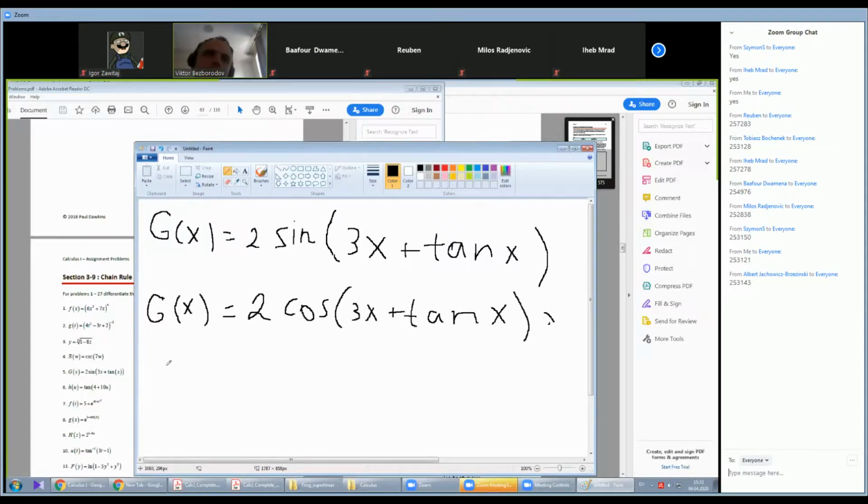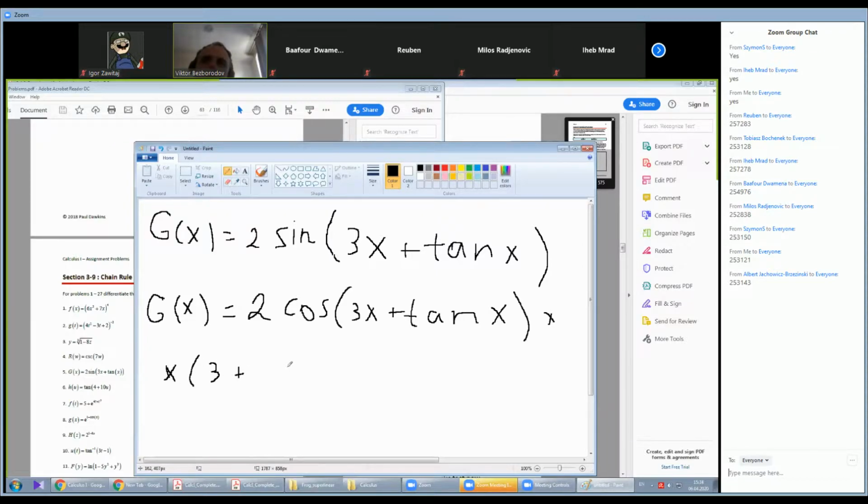And this already represents the first multiplier. So this is the derivative of the outer function applied to the inner function, right? So sine is the outer function, this expression in the parentheses is the inner function, and so you take the derivative of the outer function and apply it to the inner function. Okay, and then you take the derivative of this thing here, right? And it's going to be 3